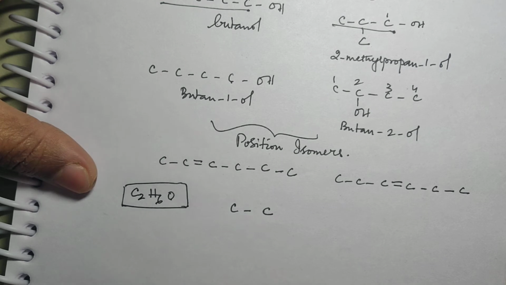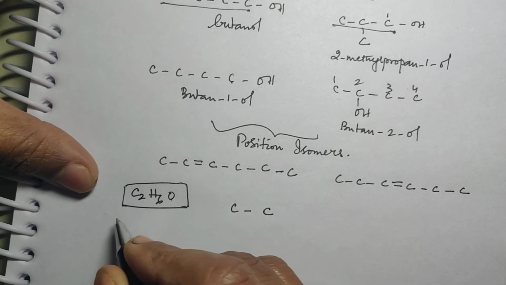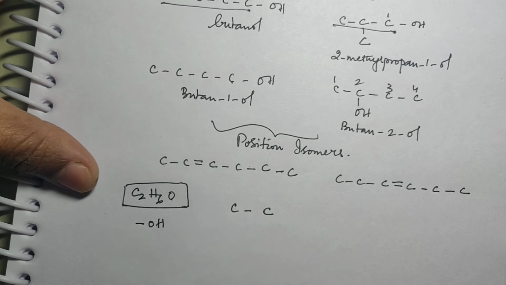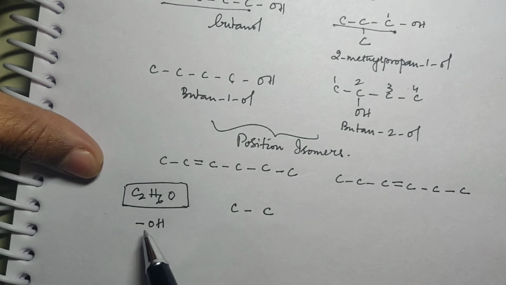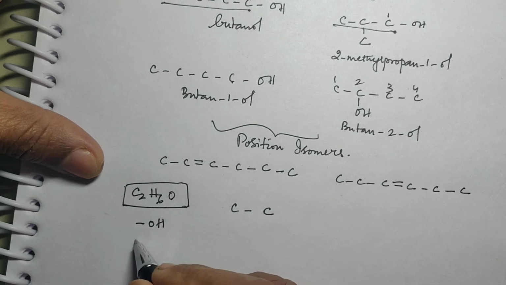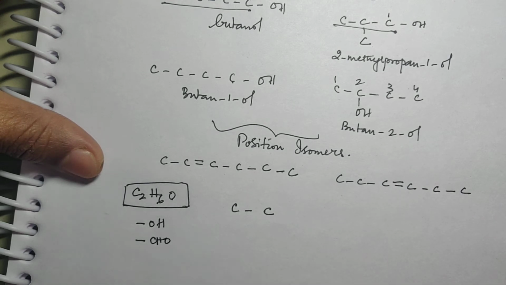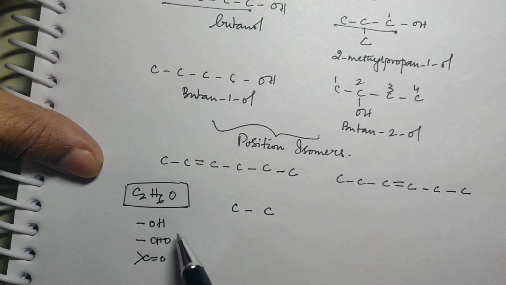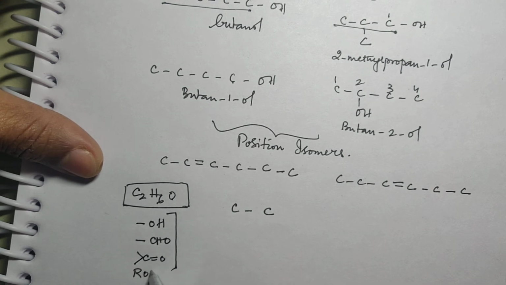Now, this 1 oxygen tells you this molecular formula could be an alcohol, because O can be in the form of OH, or it could also be in the form of CHO, that is also a 1 oxygen containing functional group. It could also be a ketone. All three have just one oxygen. Now which of these does C2H6O fit? What else is there? There is also ROR, this is also one, is it not?